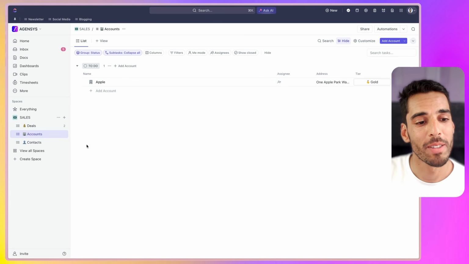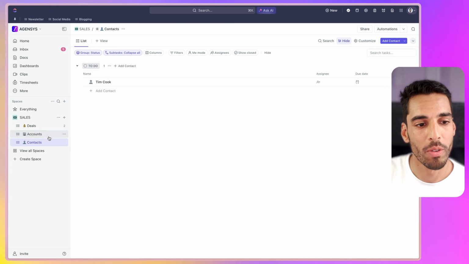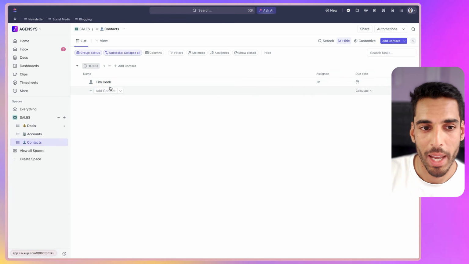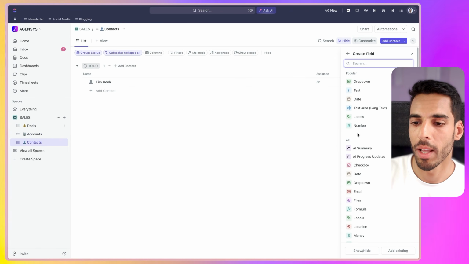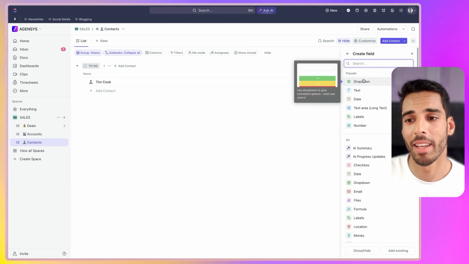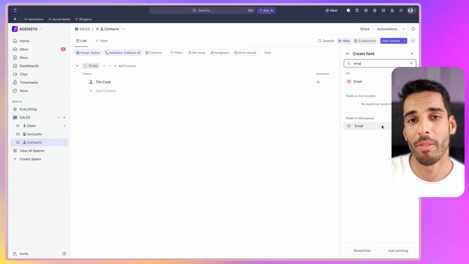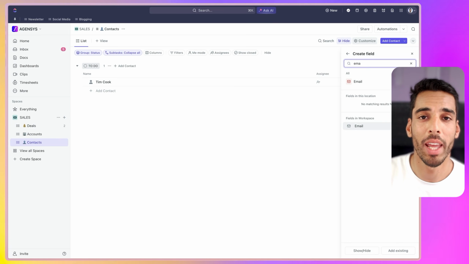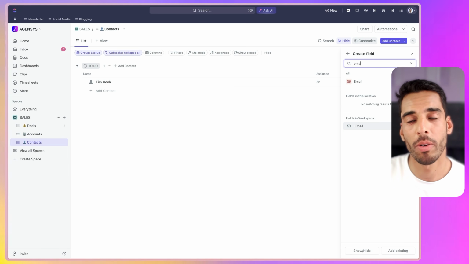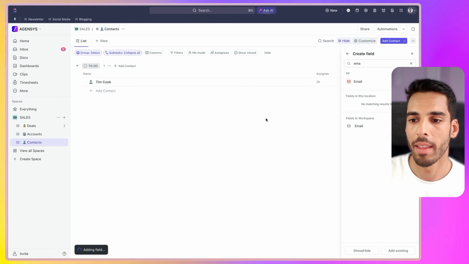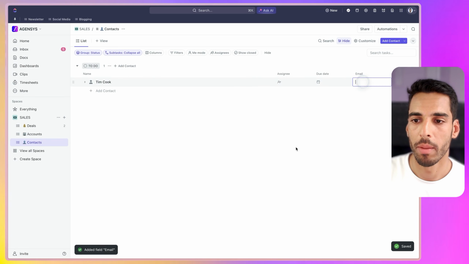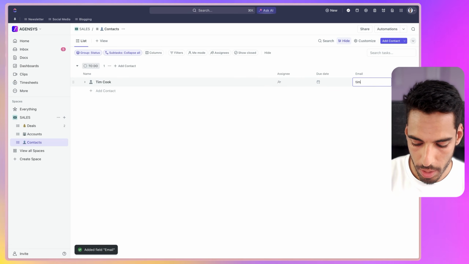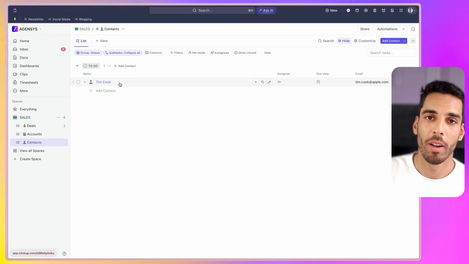And next, I'm going to customize the contact info. I went to contacts right here, and I have my client, Tim Cook, and I'm going to add their email here. If I click into email, I can add that email field, but it turns out I already have one, so I'm going to use it. I recommend you make sure that you don't have that field already created by a template or by another coworker before you create any field. That's a very important practice in ClickUp. I'm going to add that email field right here, and we have our email here. I'm going to say this email is tim.cook@apple.com, or gmail.com for the sake of this example, the email of Tim Cook.